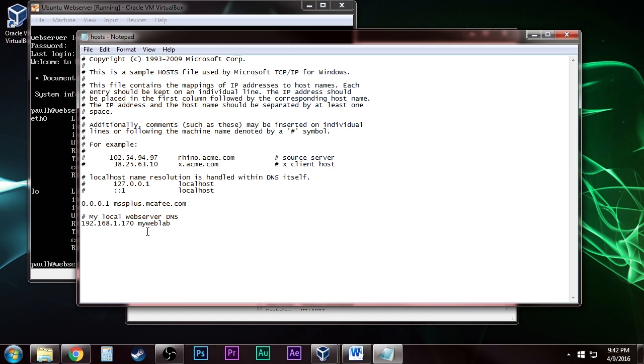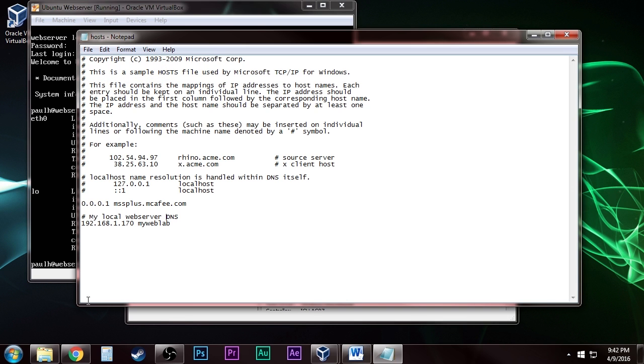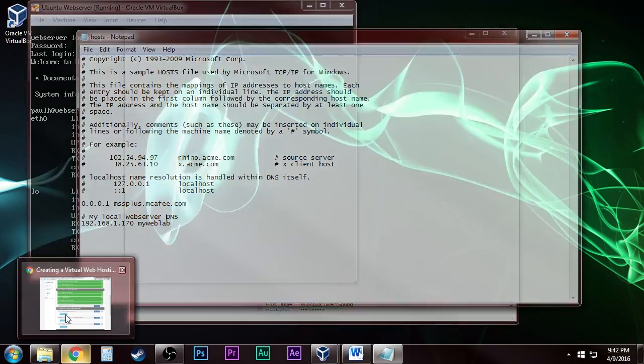All right. So if you go on your computer downstairs and you try to go to my web lab, it's not going to reroute you to .170, okay, because this is a local file that's stored on the local computer. So we'll hit File and Save. Now I'm going to take my web browser here, pop this open,